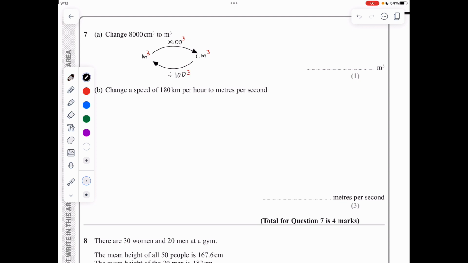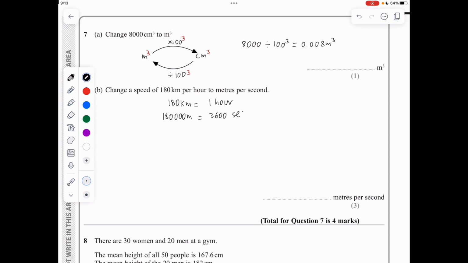In our case, we've got 8,000 cubic centimeters. We will divide by 100 cubed to go to cubic meters, and we get an answer of 0.008 cubic meters. In B, we are asked to change a speed of 180 kilometers per hour to meters per second. So this means that we start with 180 kilometers in 1 hour, which means we've got 180,000 meters in